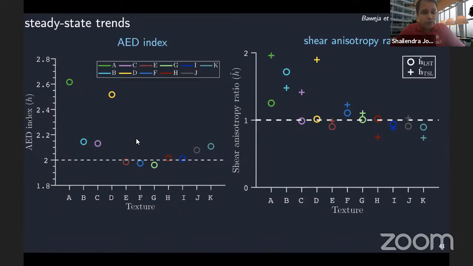But typically what we observe in experiments are these intermediate textures, which seem to be quite susceptible to damage by void growth. In fact, textures like E, F, and G are typical of experimental textures when materials are processed by rolling. And so that tells us something about what we need to do potentially in the context of processing these materials to get our materials to be more damage tolerant.